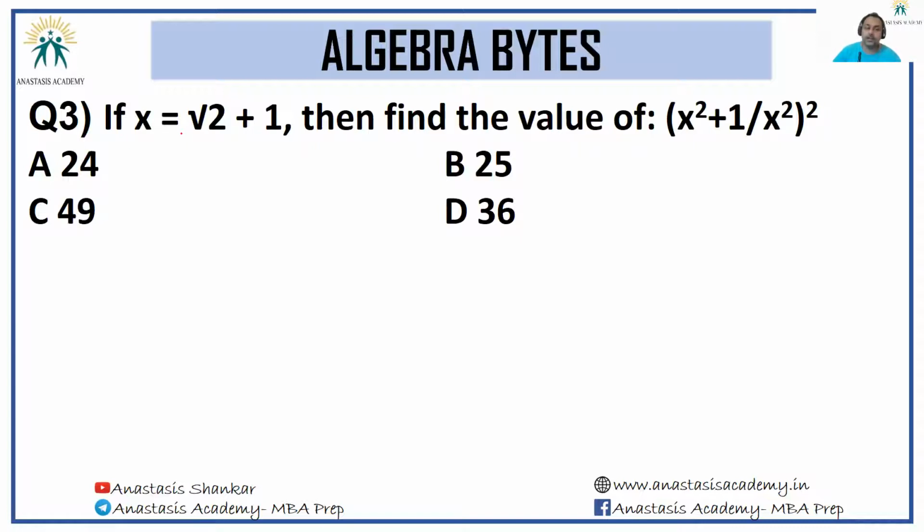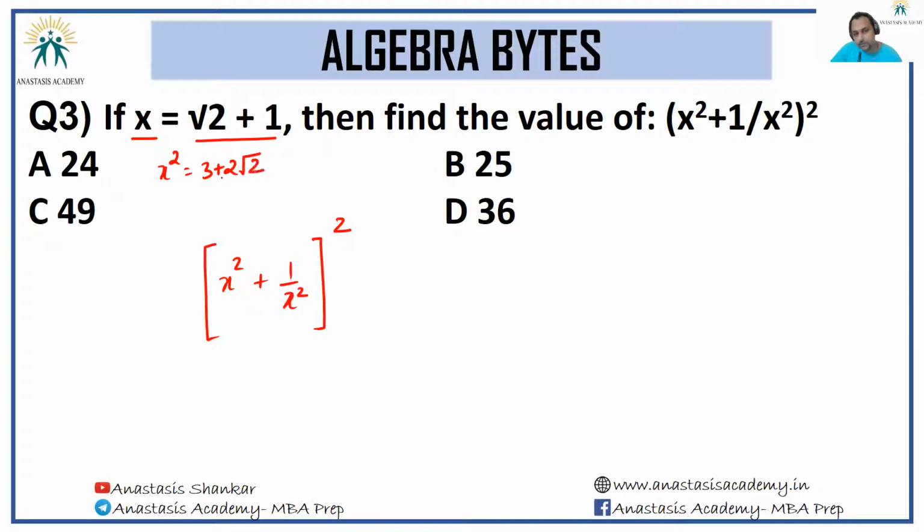Next question, if x is equal to root 2 plus 1, then find the value of x square plus 1 by x square. Okay, x square plus 1 by x square. I need whole squaring of this. First thing I need is, I already have the value of x, so let me just square it up anyway. I get x square is equal to 2 plus 1, 3 plus 2 root 2. X square should be equal to this. So this will turn to 3 plus 2 root 2 plus 1 by 3 plus 2 root 2